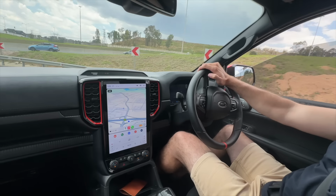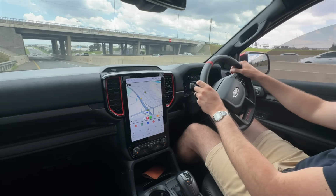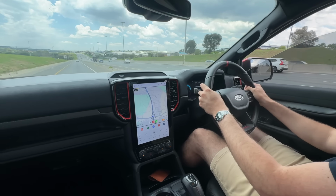Now, with it being so quiet inside here, you'd never say that I was driving a Raptor. That's because I've currently got it in comfort mode, so the valves on the exhaust are currently closed, making it a quiet and very bearable environment inside here, which is great for a daily drive. It's absolutely perfect. Now, I say daily drive because this can be,